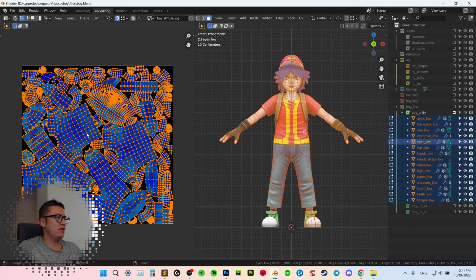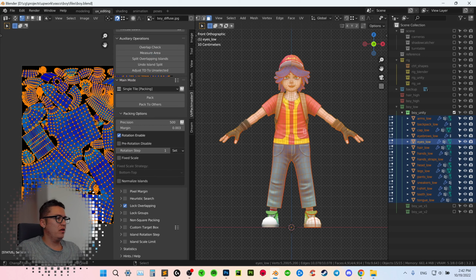For example, on this character, as you can see, when we measure the area, we have almost 88